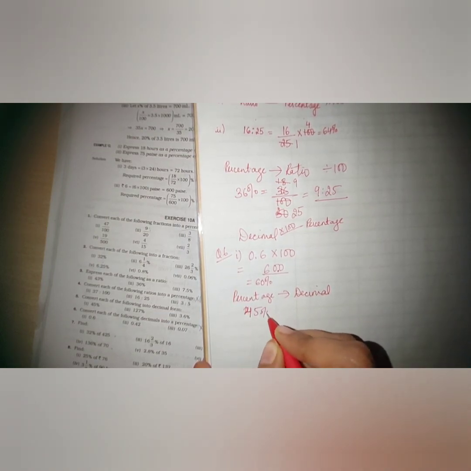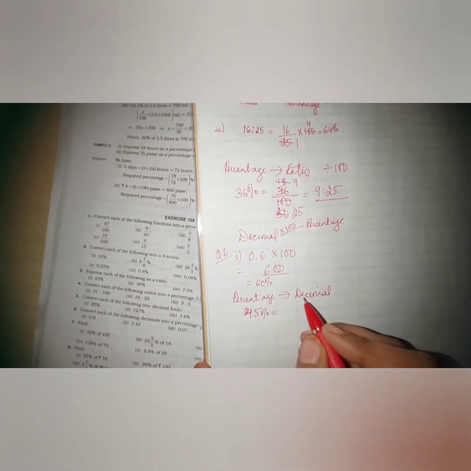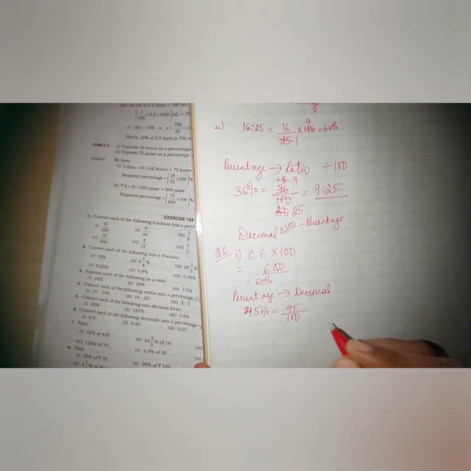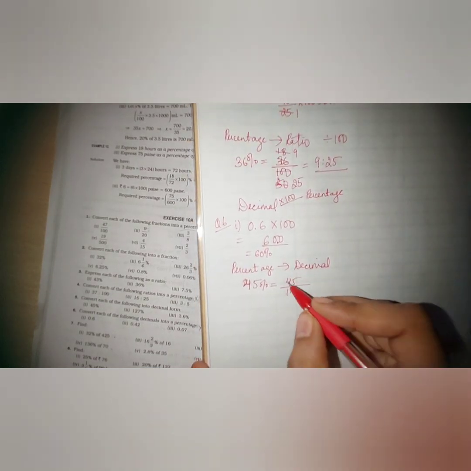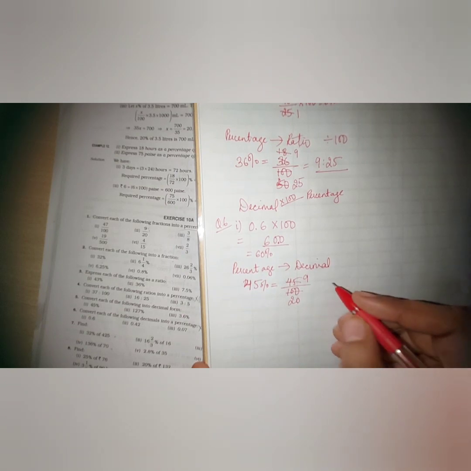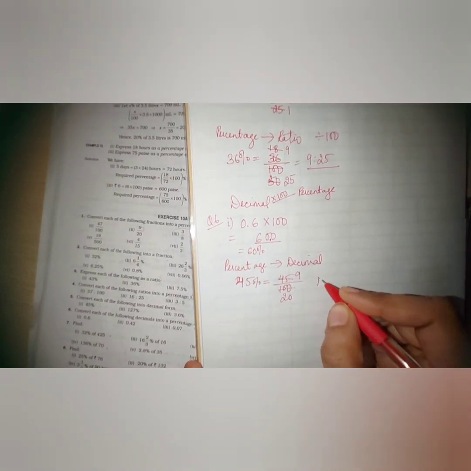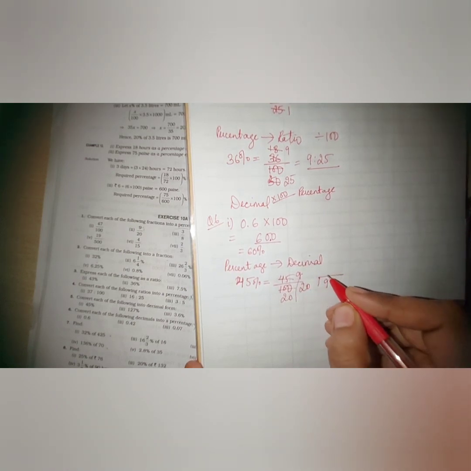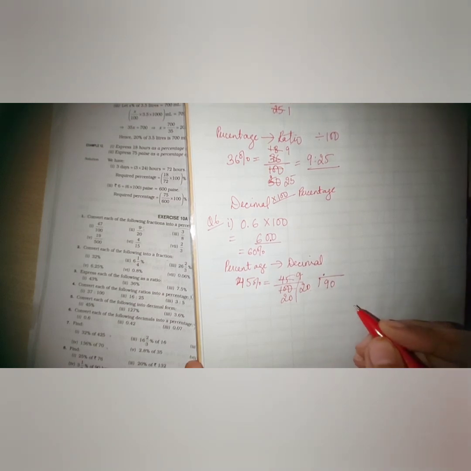Okay, what I have to do? I have to change now into decimal. I'll divide it by, I'll make it upon 100. If it is getting cancelled, we'll cancel it. Okay, if not, then you do what? Go to the rough column and divide and bring the answer in decimal. Okay, 20 is the number. We have to see how many times will it go. It cannot go. We'll put a decimal point right here, 0.